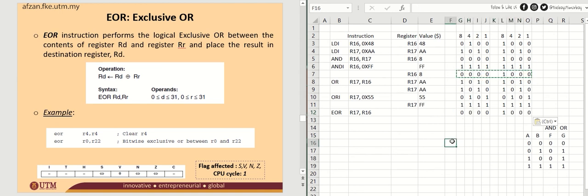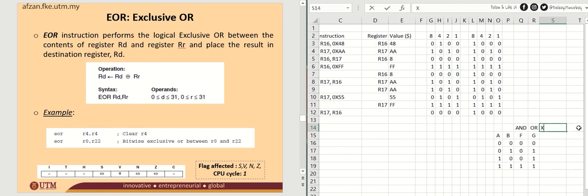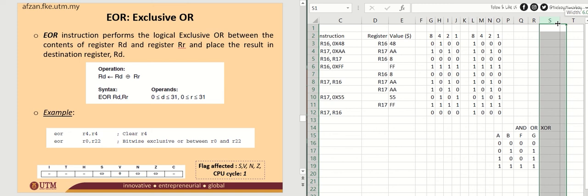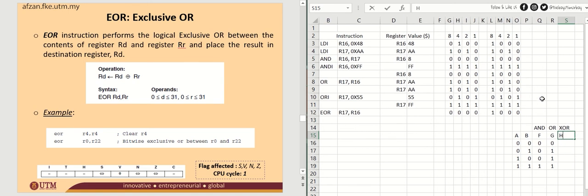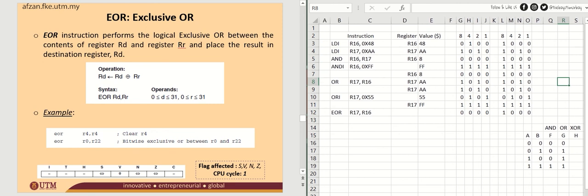Before we proceed here, we need to find the truth table of exclusive OR. Let's say this is F, G and H. Let's say this is your H. What is the truth table of logic exclusive OR? Before we proceed with that, you need to know that